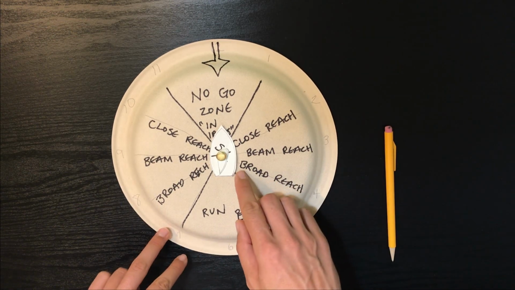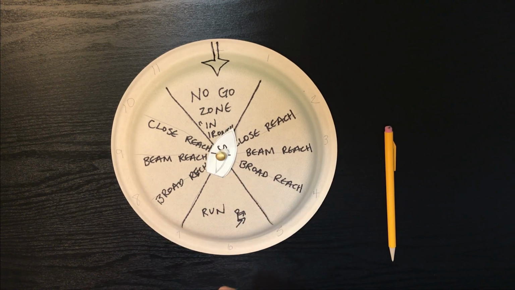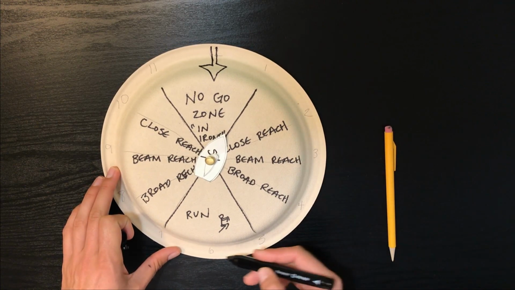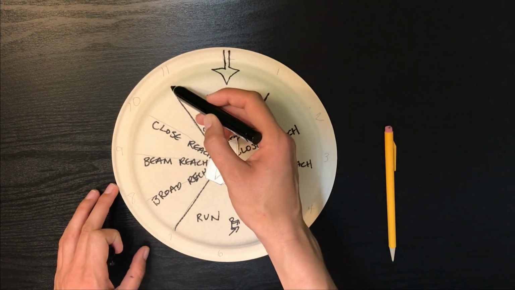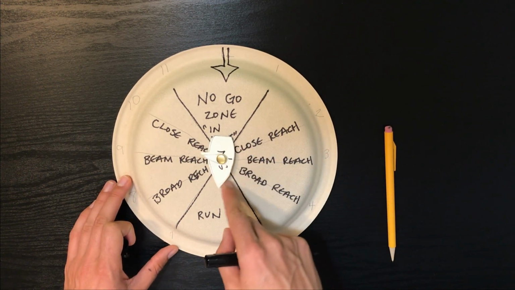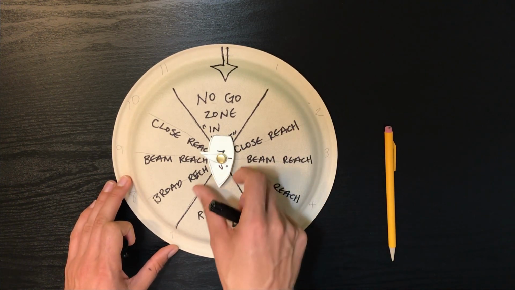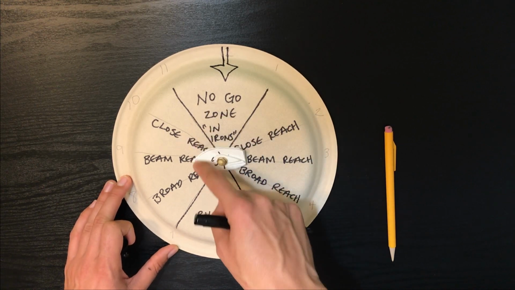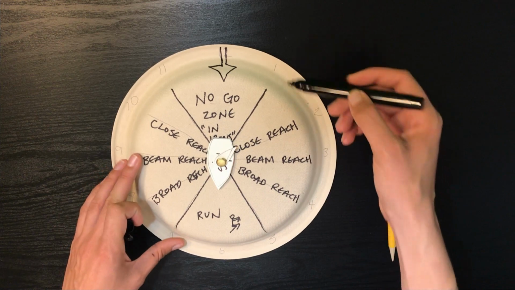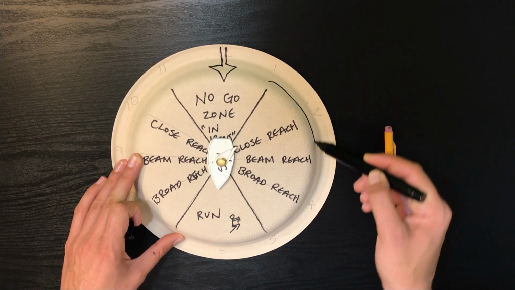One more thing about our wheel. If we are moving from 1 o'clock to 6 o'clock, or from 11 o'clock to 6 o'clock with our boat, then we are heading downwind. So I'm going to draw